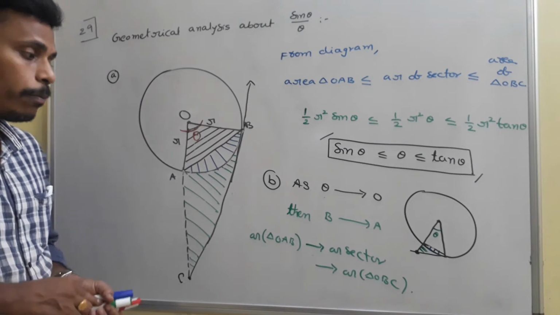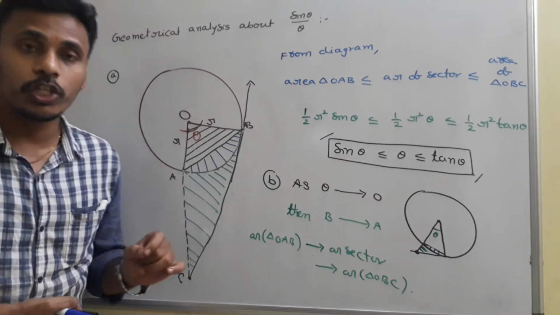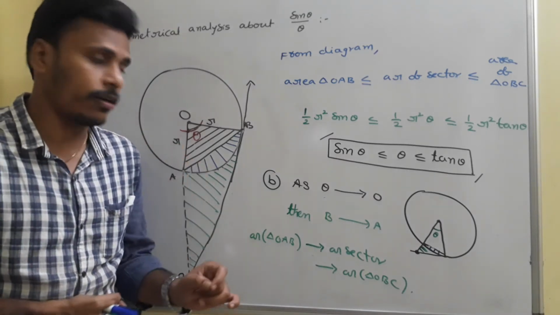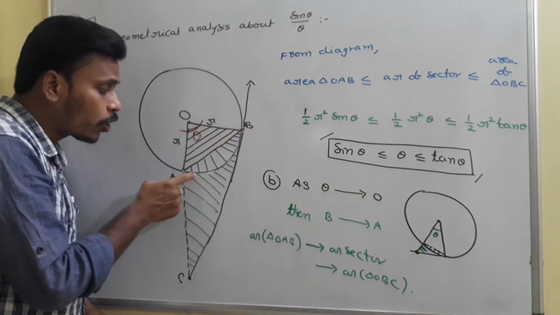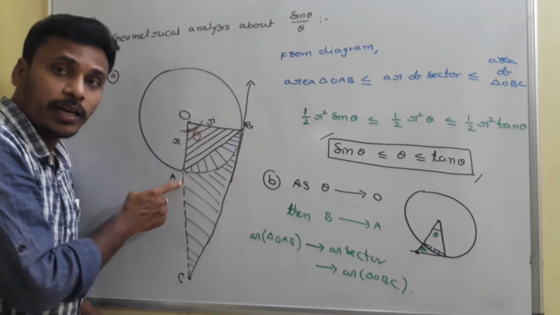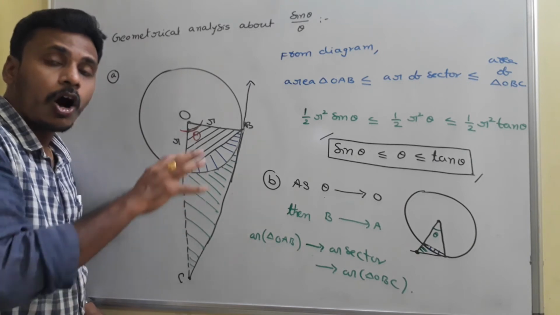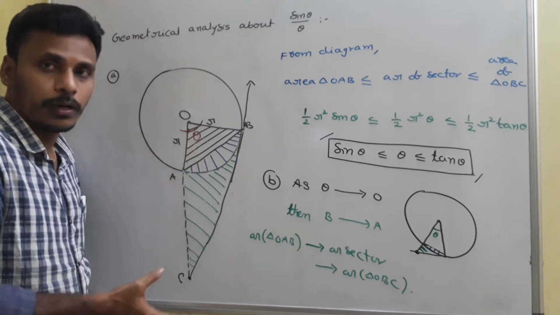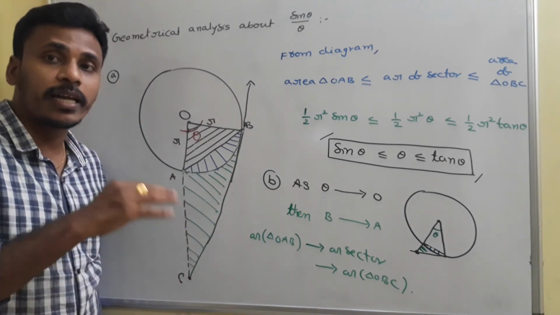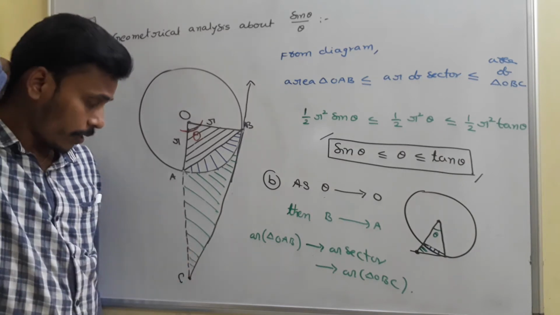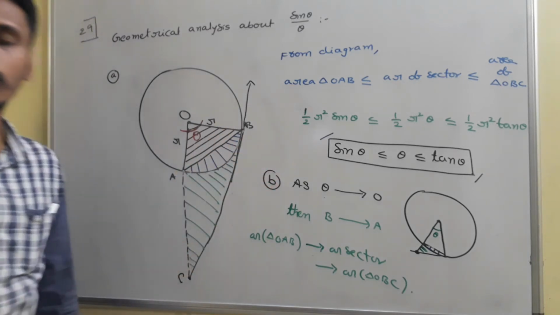So what I am concluding is, as theta is tending to 0, as theta is very small, B is very near to A. Since B is getting closer and closer to A, in that situation these three areas are not different. All those three areas are almost equal. In the sense, the first area is getting nearer to the second area, and the second area value is getting equal to the third area value. Based on this, we are going to derive the limits next. Have a look and then I will discuss C.